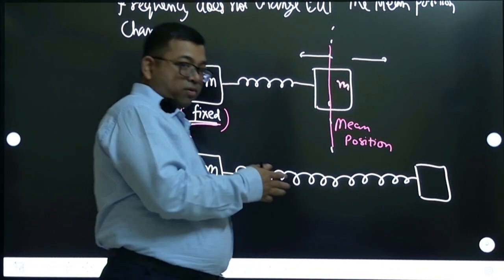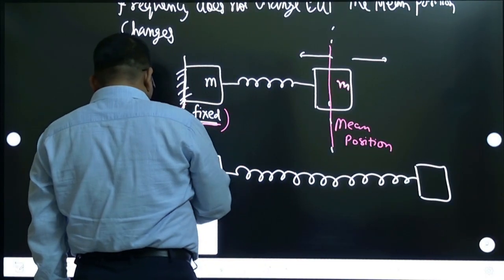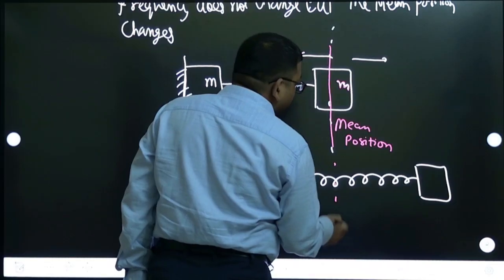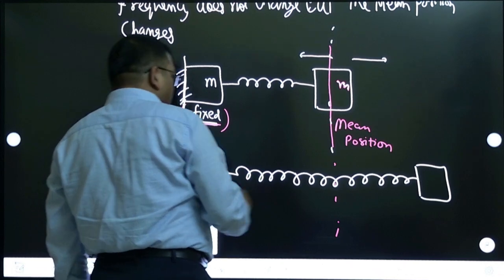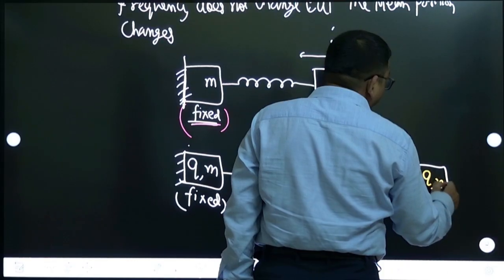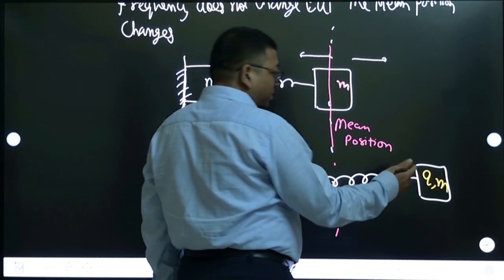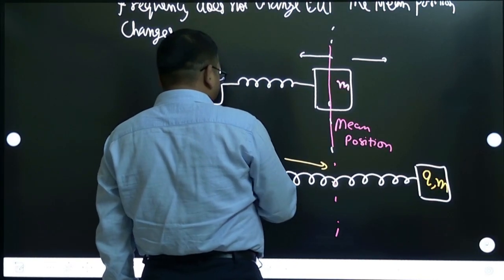Right, if you leave it, it will elongate, correct? Why will it elongate? Because of repulsion, it cannot remain here. Because of repulsion it will happen. So repulsion will happen and now it will come here. So it will be a different equilibrium position, and it is said in the question